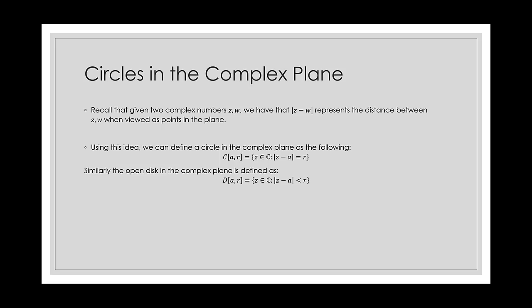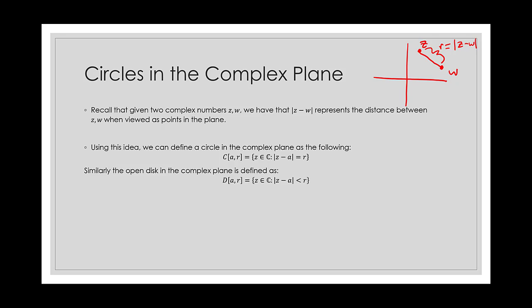So circles in the complex plane are sort of our natural quote-unquote open sets that I was referring to. I haven't defined what an open set is, but we'll get to that in a second. So recall that if we have 2 points in the complex plane, so let's say here's Z and here's W, if we take the absolute value or the length of the difference between these 2 complex numbers, we just get the distance between them. So this distance right here, let's call this R. This is equal to the length of Z minus W. Okay? So if you ever want to find the distance between 2 points, just take the absolute value of their difference, or the length of their difference.